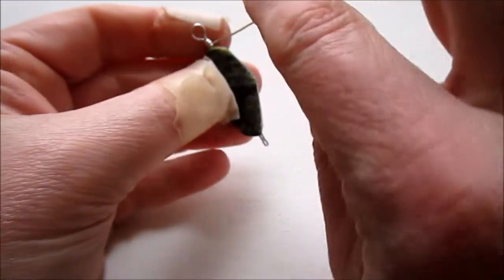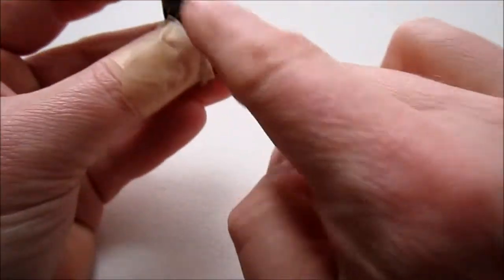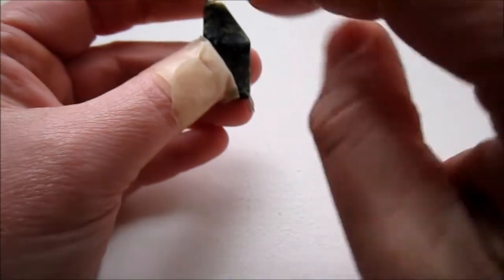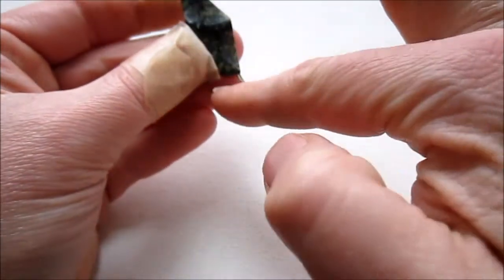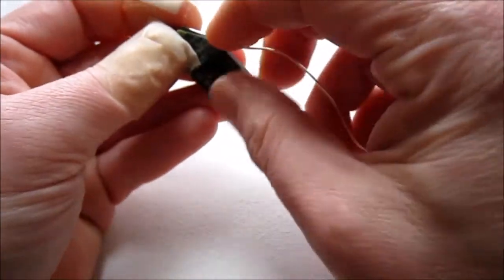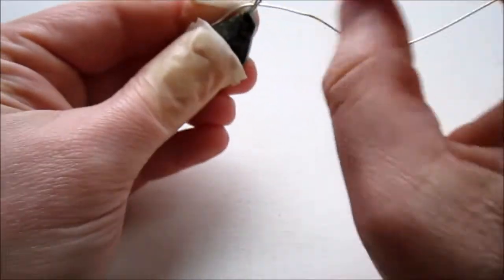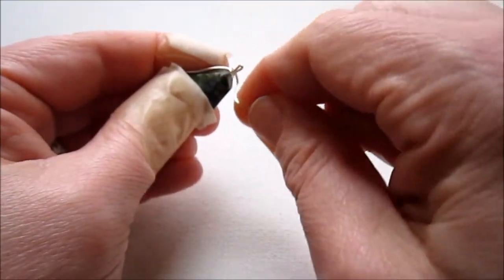Okay, so then I'm going to bring the wire around. My bead is kind of flat, so I'm going to bring the wire around the sides. If you have a round bead or something like that, you don't necessarily have to do it this way. You could just bring the wire across and make it a little bit fancier that way. But I'm just going to run this right along the side here, and I'm pushing the wire into my bead. So then we get down to the bottom, and we're going to wrap around 1 full time